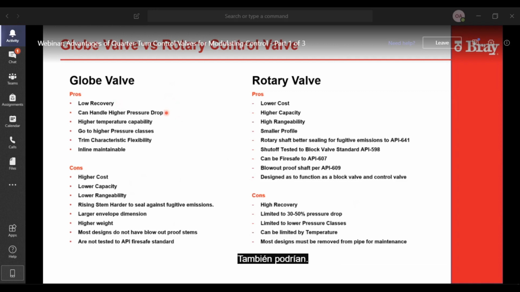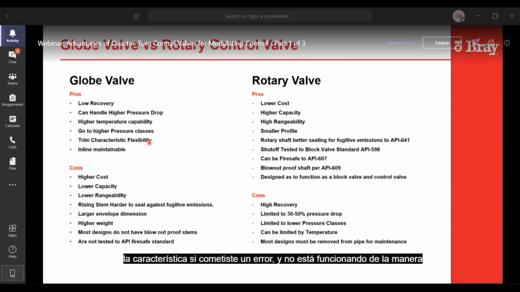They could also typically handle a higher temperature because they're typically not soft seated. And then they can also go up to class 4500 if you need that high of a pressure. They also have some trim characteristic flexibility. You saw that the unbalanced plugs and the cages can be taken out and changed, so there's flexibility in the characteristic. If you made a mistake and it's not performing the way you want, if you bought a linear trim